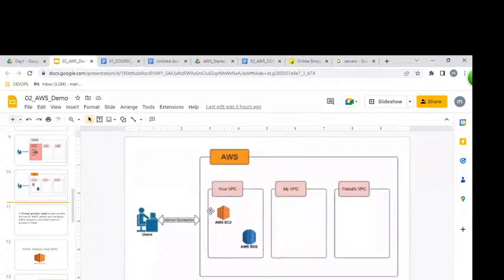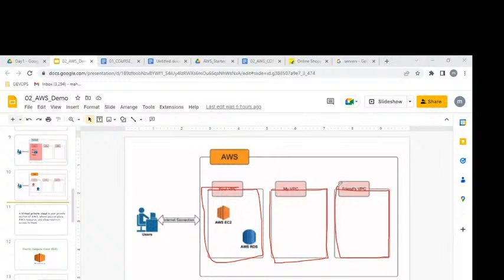N number of networks. I'll repeat this point, listen very carefully. Anybody can get into AWS, you and me, anybody. But after getting into AWS, we can create our private section. This is exactly your private section. No one can enter into this. You can do whatever you want. Without your permission, no one can enter. We can create servers here, we can create databases also.